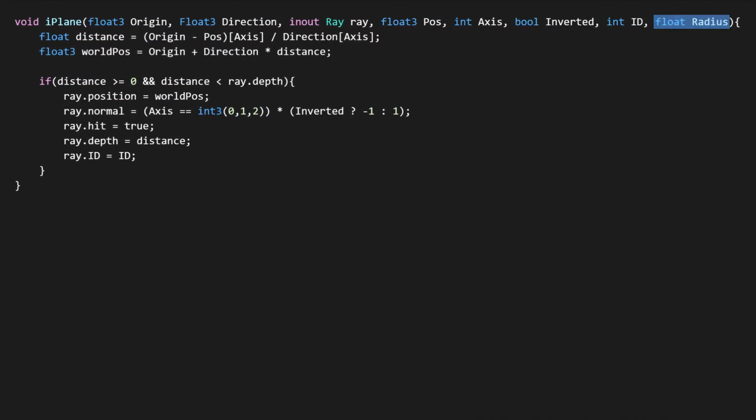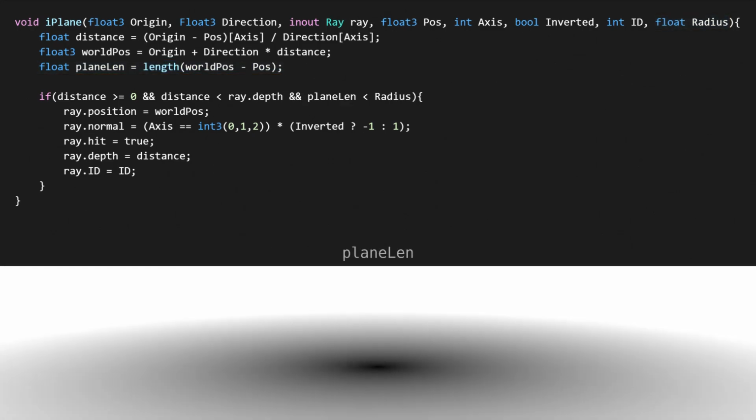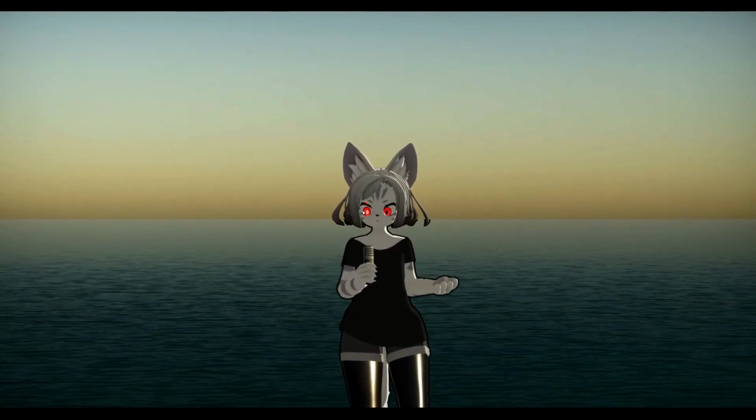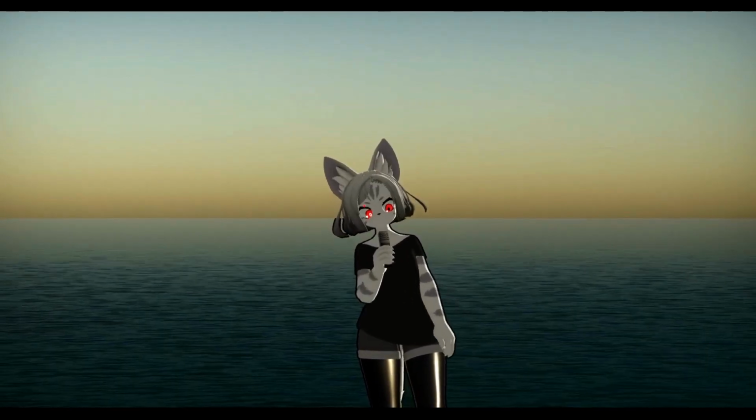It's simply having a float as an input parameter for the radius, getting the length of the wall position subtracted by the plane's position, then if the length is lower than the radius, intersect it. You can also do that with textures and such, but I think I'm infiniting too much already. So let's go to the next